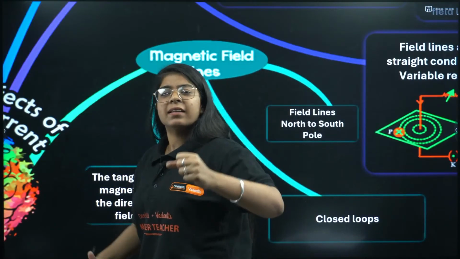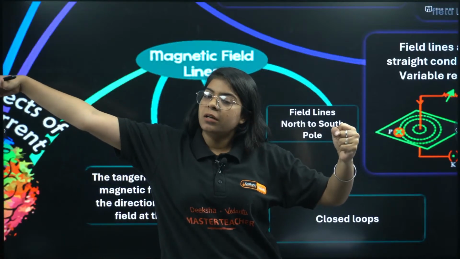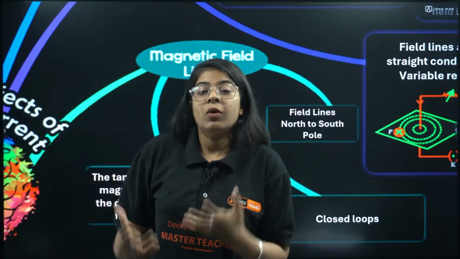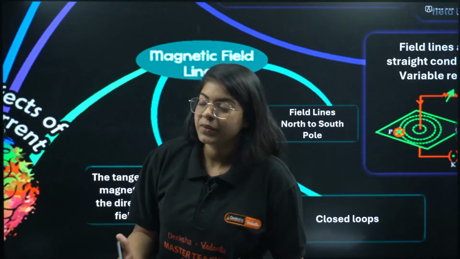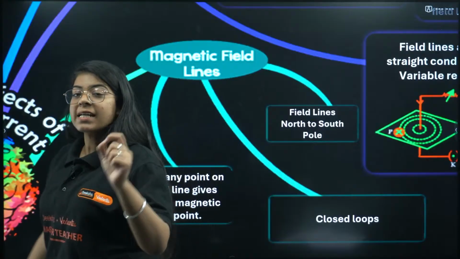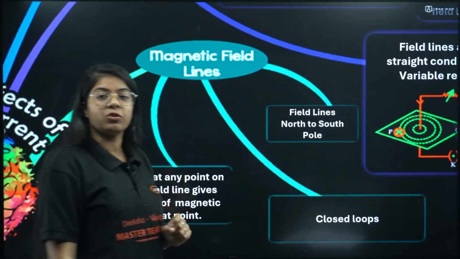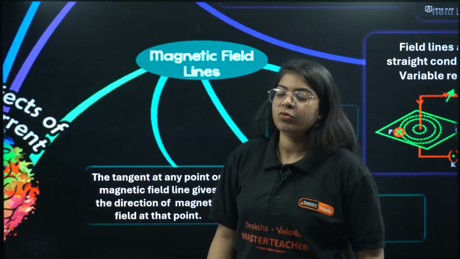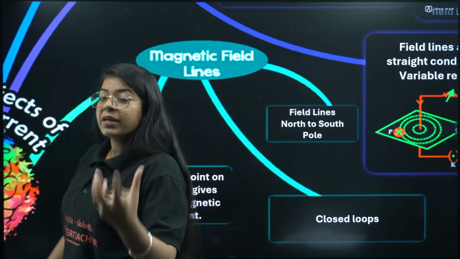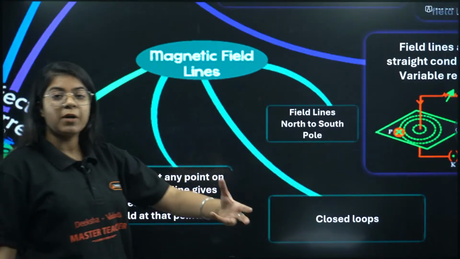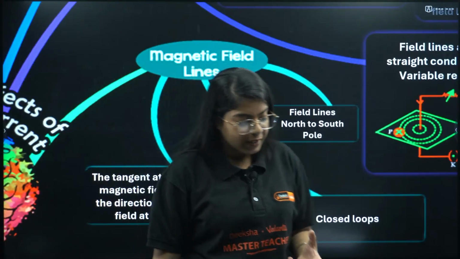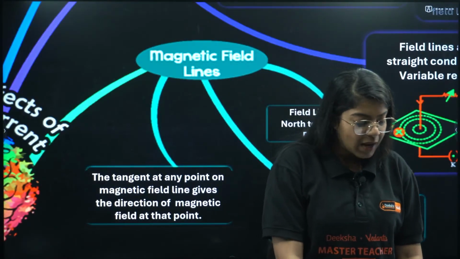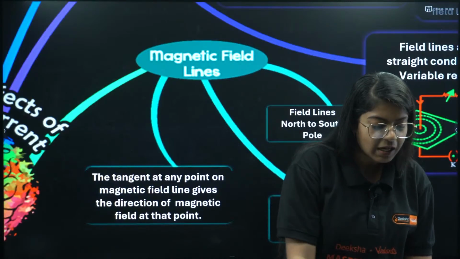Now if the magnet is here and my iron is 1 kilometer away, of course the iron will not feel any attraction or repulsion, correct? But that is where the magnetic field comes into play. It is a specific region or area around the magnet in which we experience attraction or repulsion due to this magnet, correct? Now moving on to this mind map. After this magnetic field we are going to study